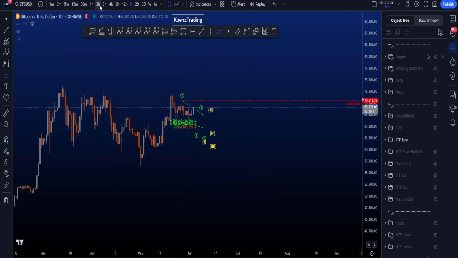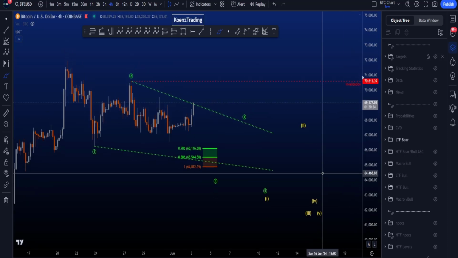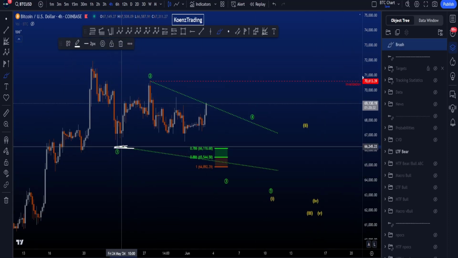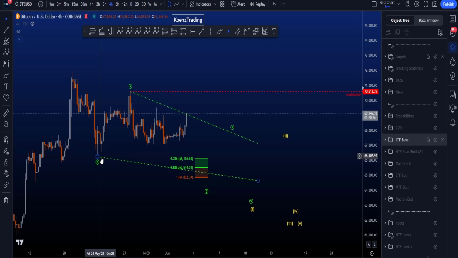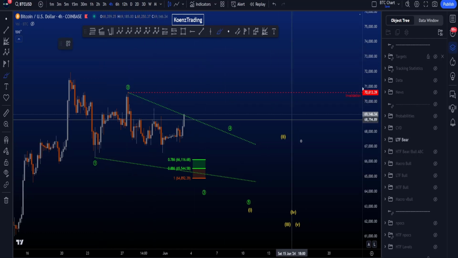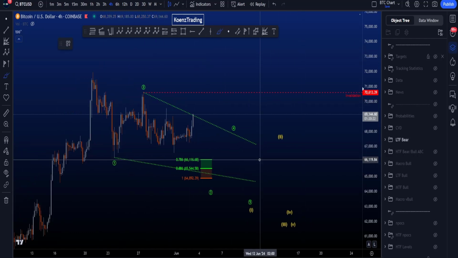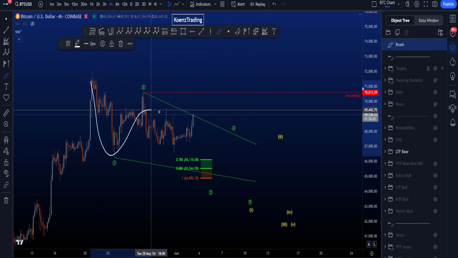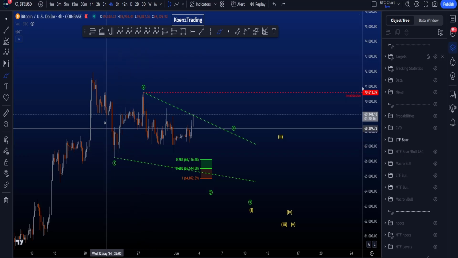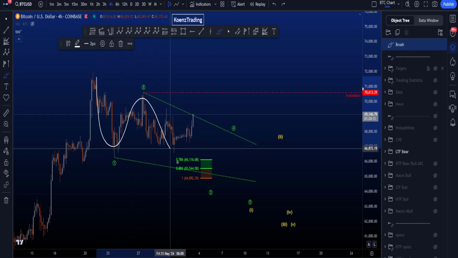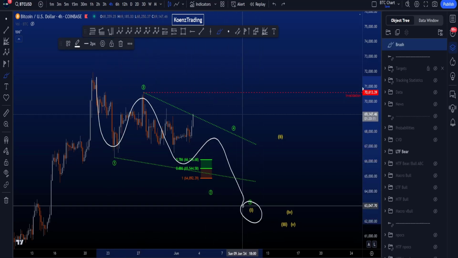On the lower time frames, that means that we at least want to move below this range and take this low at 66.3k. As long as we do not at least take out this low here, we can't really give the highest probabilities to bearish scenarios. Nonetheless, the bearish scenario here is a leading diagonal 1, 2, 3, 4, 5